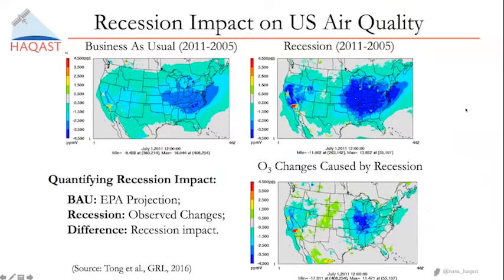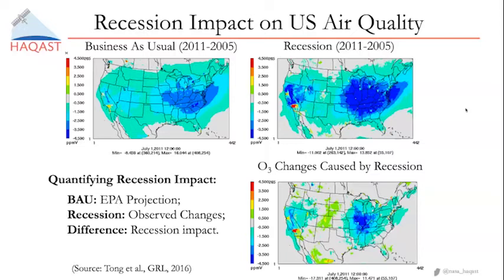So here is one example of how we use this emission data simulation technique to address the impact of the Great Recession on the US air quality. We derive the impact of the recession from two model simulations. One is using the business as usual. In this case, we're using the EPA emission projection from the Cross-State Air Pollution Rule. That will project the would-be emission level without a recession. And for the recession case, we are using the OMI and AQS data to derive the actual change from 2005